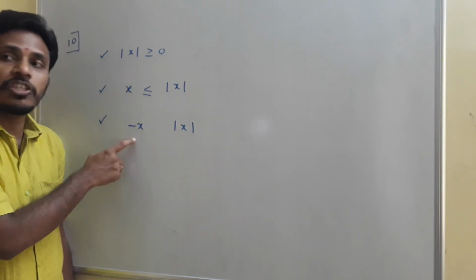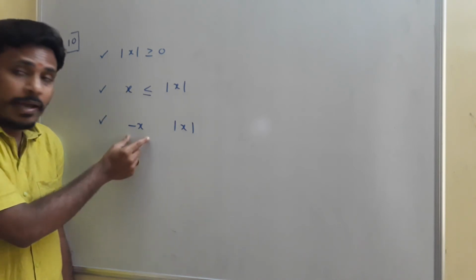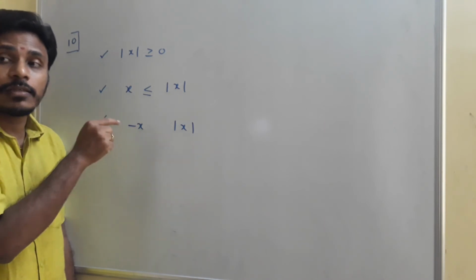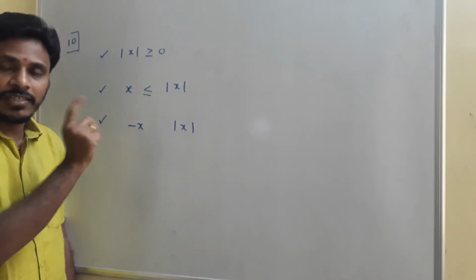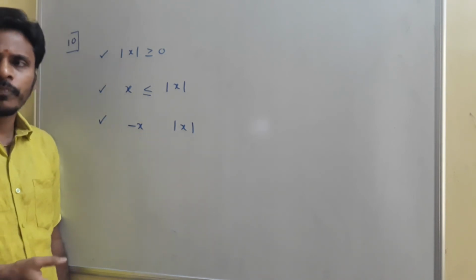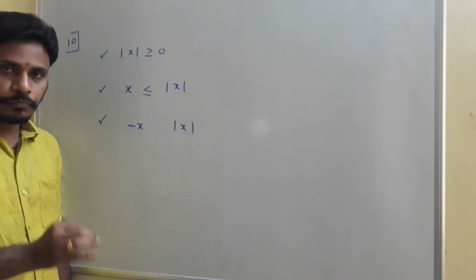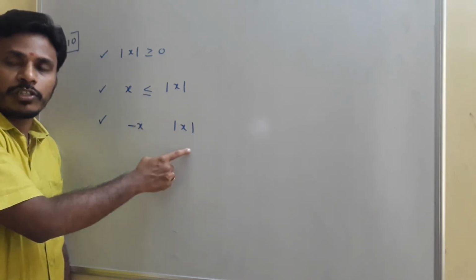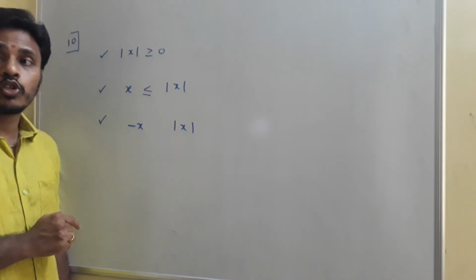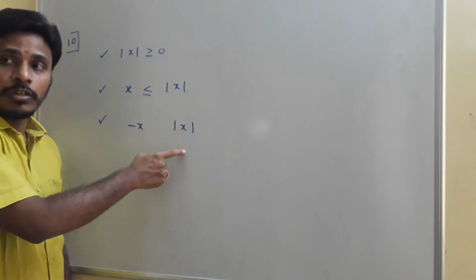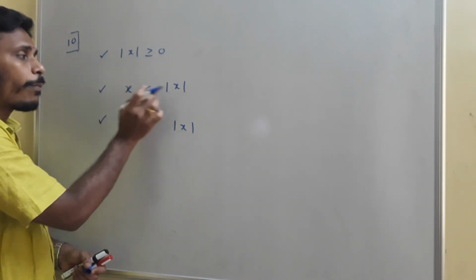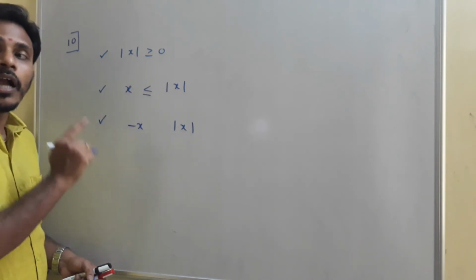If that x is positive, this minus x is negative and that is mod x. So this is lesser. And if that x is negative, and in that case again if you compare, both are equal. You may take some numbers as you wish. Suppose if you take x equals 3, this is minus 3 and that is modulus of 3, you will get 3. So this is lesser. Whereas if you take x equals 4, this is minus 4 and that is modulus of 4. Still it is lesser. So at the end my conclusion is, when you compare x and mod x, x is lesser and sometimes equal.